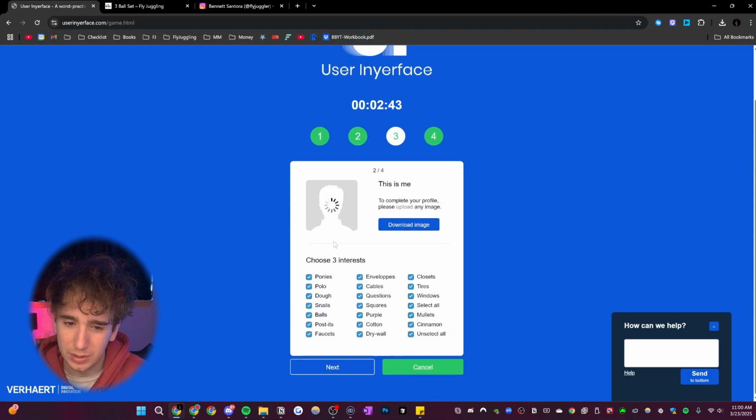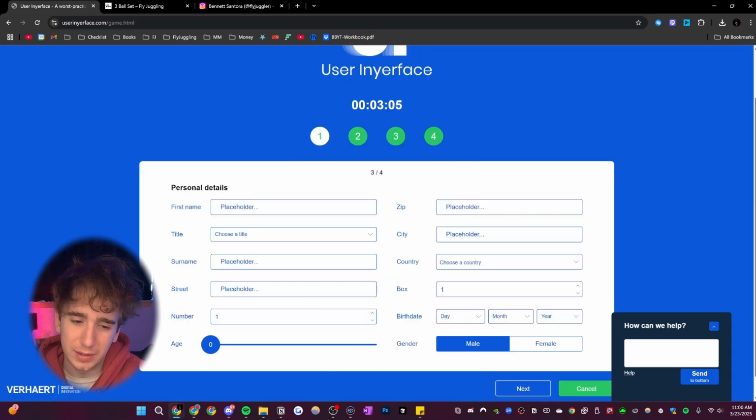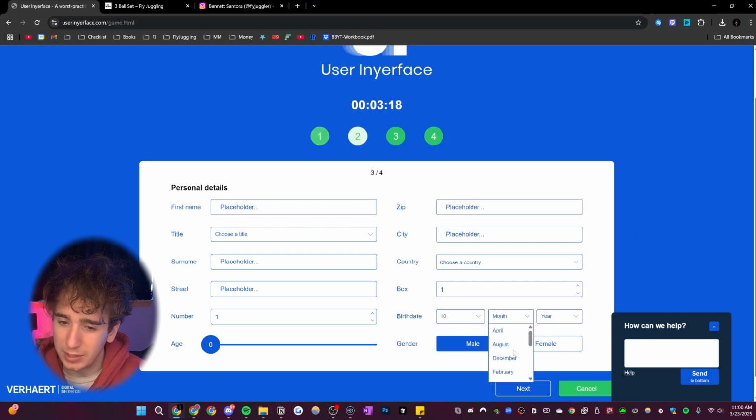It's just loading though, so that doesn't do anything. I don't even need to go into it. You can obviously see why this selection thing is awful and confusing. Then again, the next button should be in green and the cancel button should be this color, but the next button is here. This thing pops up again. And then again, same sort of issues here. We have the placeholders that are getting in the way where I have to actually like literally delete the text here. The birthday was a problem, so when I type in whatever my birthday is,